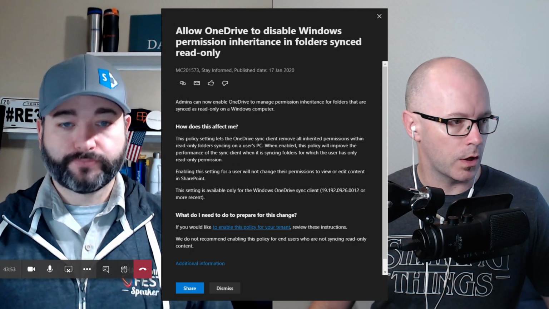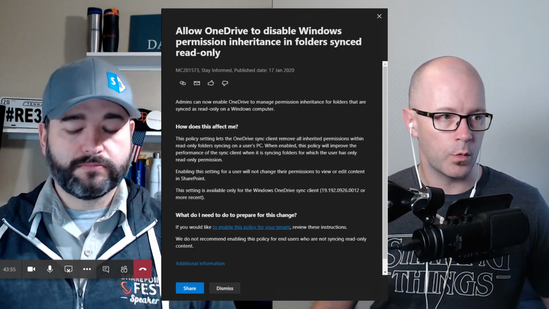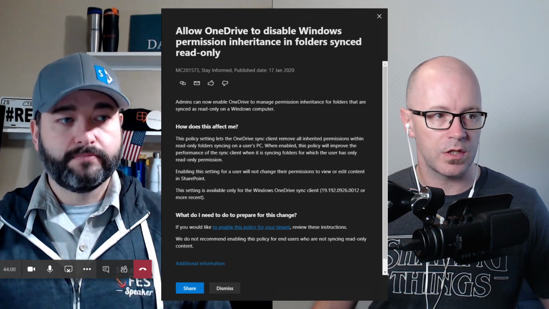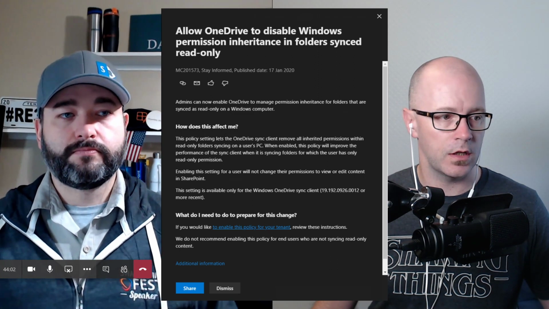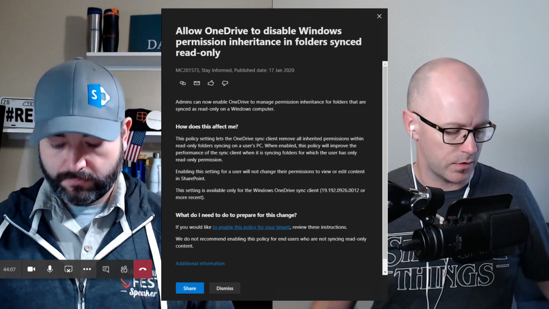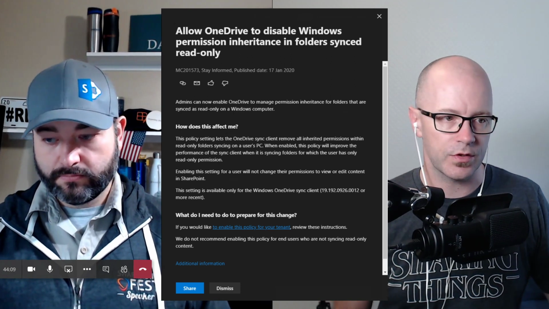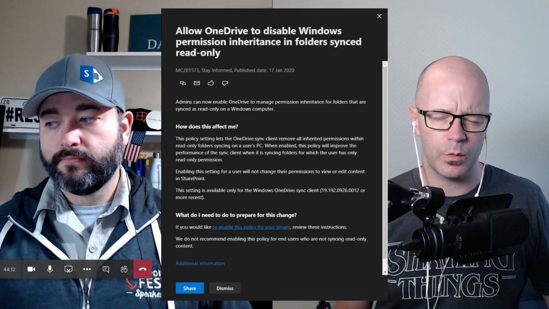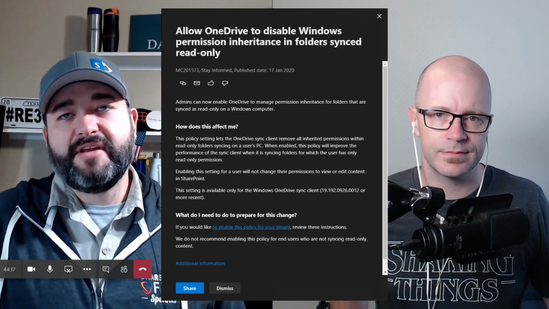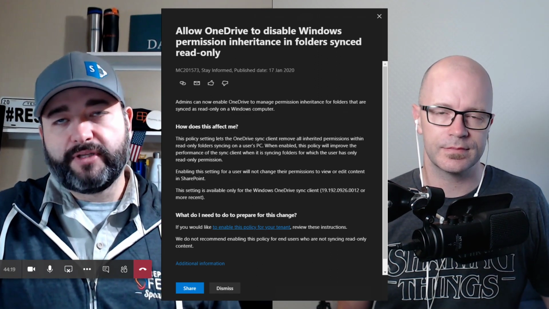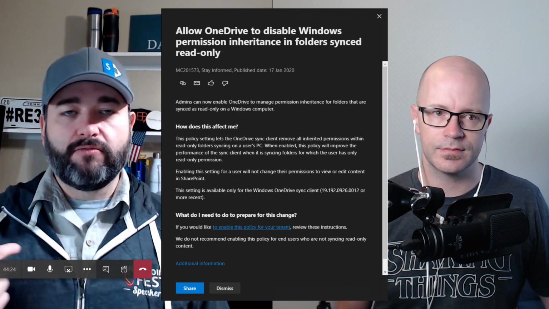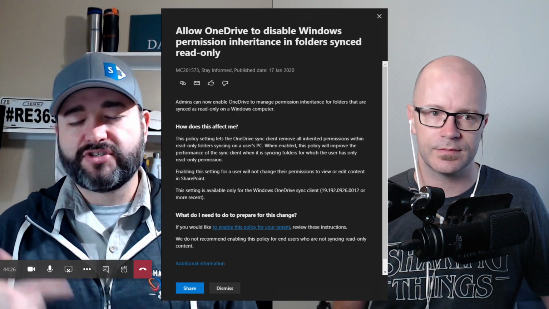We'll go into allow OneDrive to disable Windows permission inheritance in folders synced read only, MC201573. Haven't really looked very closely at this because I don't think I've come across this situation. What does it mean, Daniel, that we're syncing read-only folders? Is where, if you're syncing folders that are read-only, then what happens when OneDrive is trying to sync those,